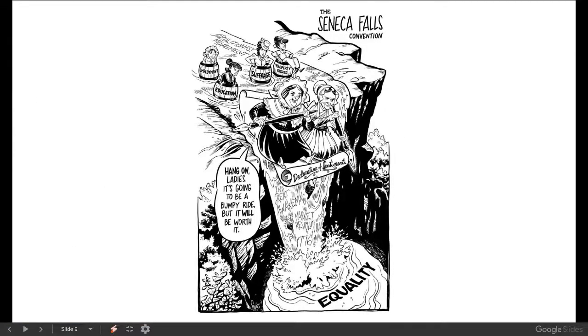All right, we have this political cartoon here. You can see here this river going into the waterfall has a couple of things written in it. 1776, so that's a reference to the American Revolution and how women started to question their own place in society as Americans were talking about freedom and liberty and equality. Women started to say, well, what about us? We should be included in that as well.